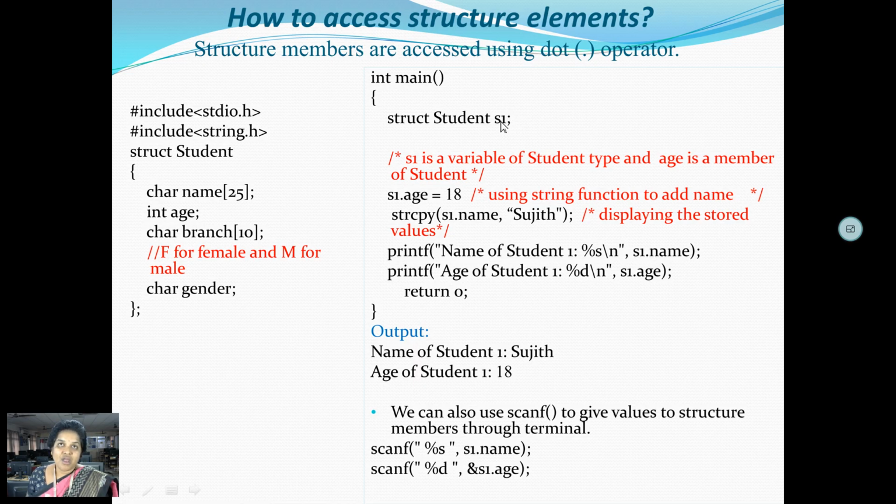Here S1 is a variable of type structure student. What I told is each and every member. That means I want to access the age, that is, initialize a value to the structure member age. For that I am accessing the age by using the dot operator. That means structure variable dot age is equal to 18. That means 18 will be assigned to the structure member age which is present in structure student with a variable